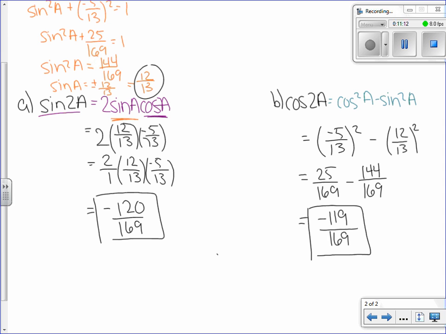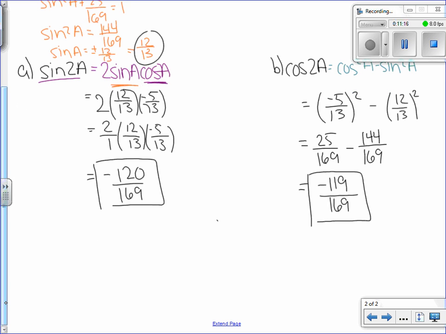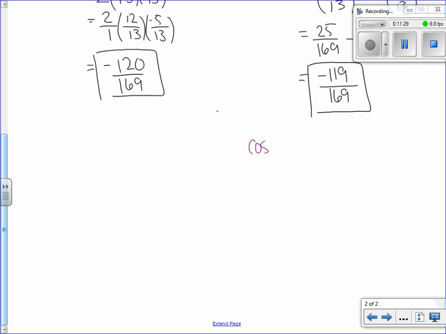Okay? Say, for instance, you weren't me. Well, you're not. And you wanted to use a different one. So you did not want to use cosine squared A minus sine squared A. That's totally cool. Okay, so let's come down here. Let's see if we get the same answer if we use the second possibility. So 2 cosine squared A minus 1. Okay, if we plug into that,